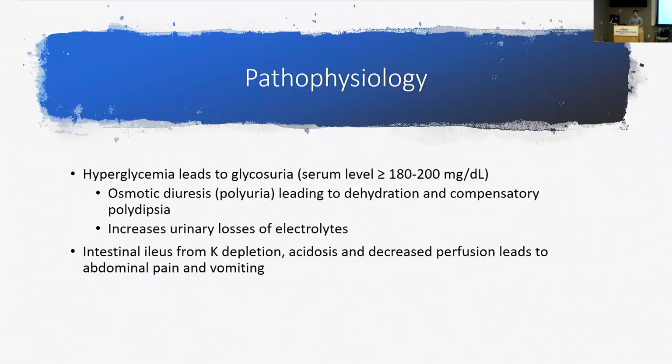One of the other issues that you see with the hyperglycemia is that it leads to glycosuria. Generally, around levels of 180 to 200 is where your kidney stops being able to process the excess glucose in the blood, so you start to spill glucose in the urine. As you spill glucose into the urine, it creates this osmotic diuresis. So the higher the concentration of glucose in the urine, the more water it pulls along with it. And that causes dehydration, and that leads to the compensatory polydipsia, which is one of the most common